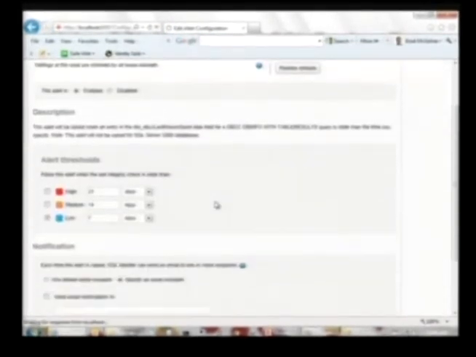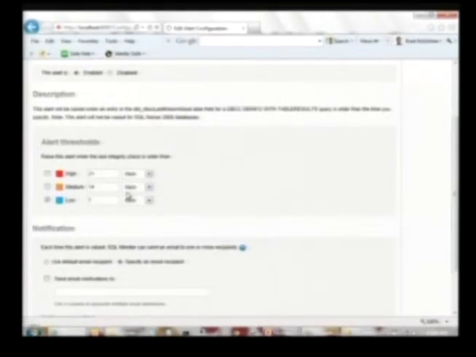So in other words, if an integrity check has not been run, it will give you a warning, because you see the defaults here are actually pretty nice. I would personally set the low as 1. In other words, if you didn't do it for 1 day, I'd want to know for some reason. For example, say you had a job and the job failed, then this will alert you that it wasn't done. So you know you need to go figure out why it wasn't done, find out why the job failed, and then run it.